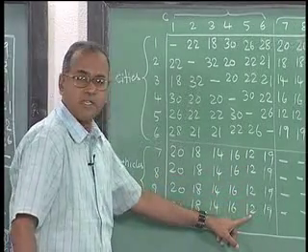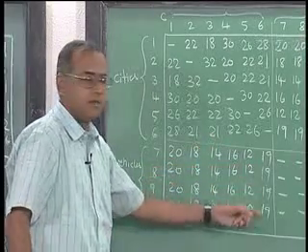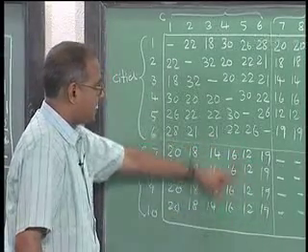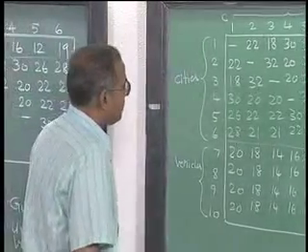So, 109 plus 48 is 157, which is the row minimum that we have here. So, let us